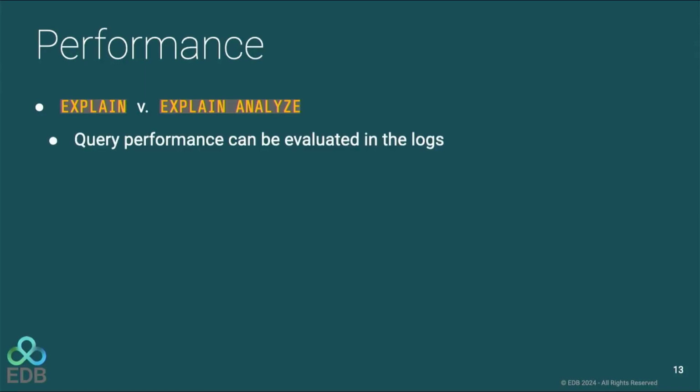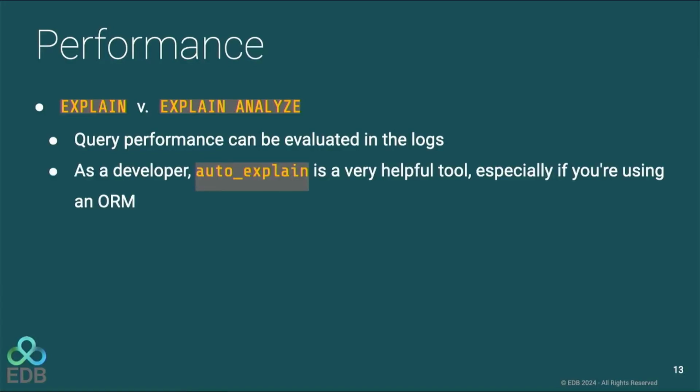But basically what that does is, I'll give you an example real quick, but you can use explain and explain analyze from the command line or from your query editor. Or you can use something called auto-explain, which is an extension that you can have installed. I highly recommend that you install it, work with your DBA or another coworker who has superuser access. Auto-explain is very, very helpful, especially if you're using an ORM, because ORMs do a lot of automatic joins and automatic query generation, and sometimes it's not optimal.